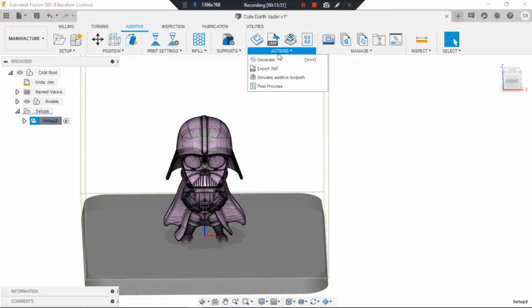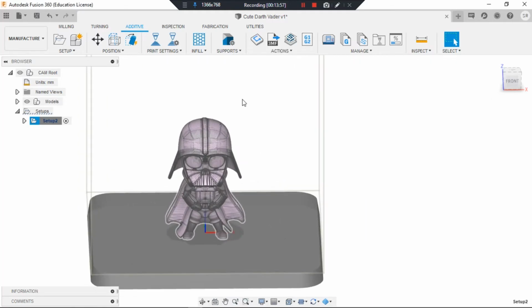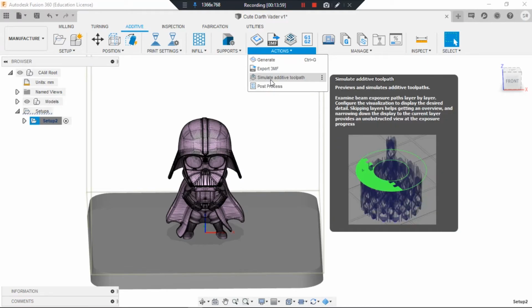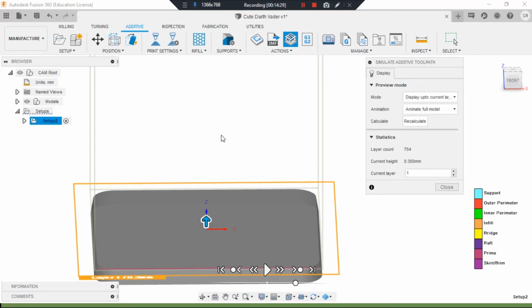And then the last thing we have to do is generate our toolpath, and after that we just simply click simulate additive toolpath. You have to wait for the toolpath calculation to reach 100%, and then you can simulate your toolpath or your 3D printing. You just wait, it's still calculating until 100%. Okay, I think it's done when your workspace is gone.